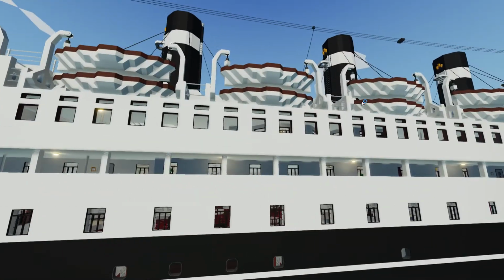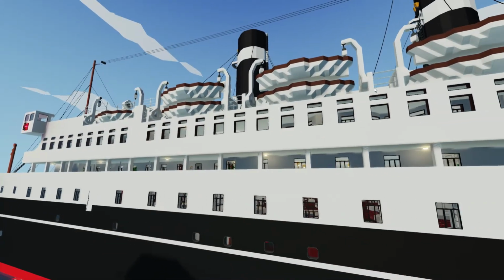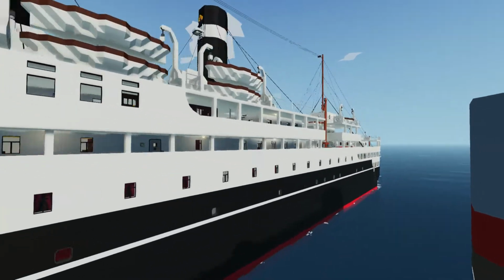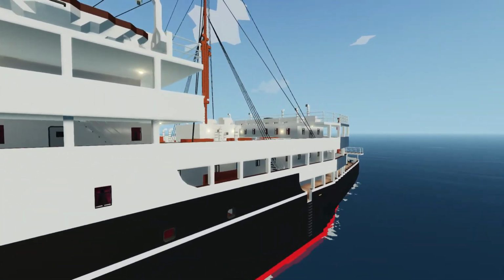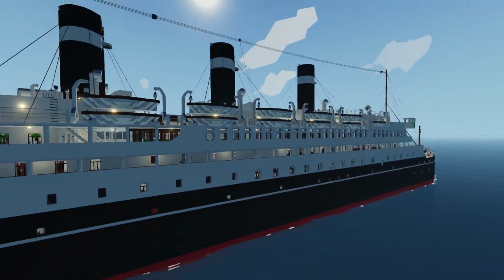Notice, these lifeboats, you can detach the top ones, but not the bottom ones, and the davits don't work. The ones in the front and back, the very front and very back, those work. You can go to the stern as well, which I can't, because it's so big I can't span my camera around the whole ship. So anyway,